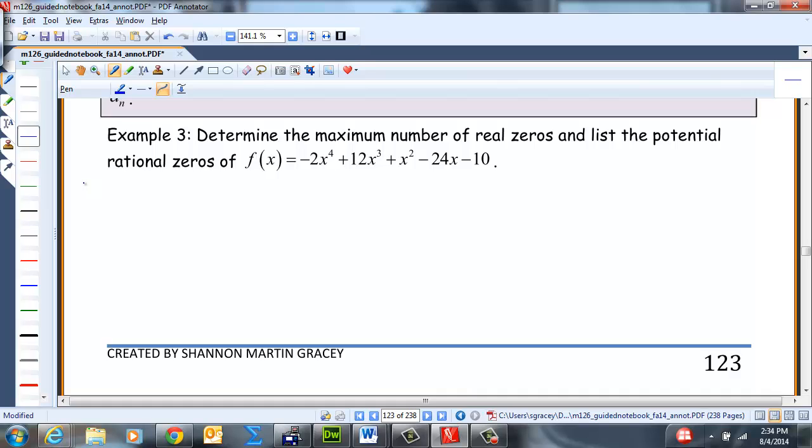So, the max number of real zeros is 4, since the degree of this polynomial is 4. Now, secondly, the potential rational zeros, let's find them. So possibilities for p